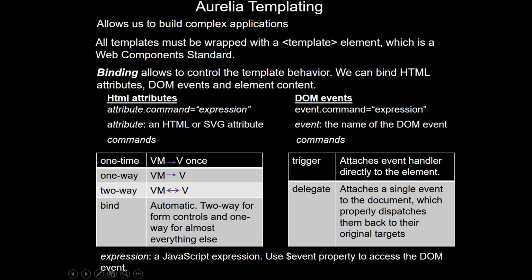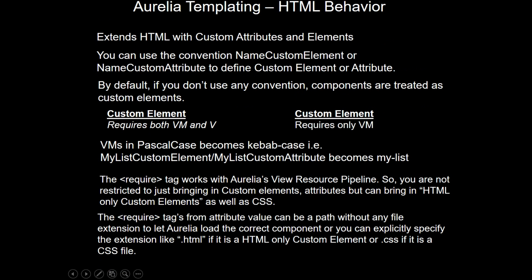Let's jump into the HTML behavior. What is HTML behavior and why is it important? The HTML behavior in Aurelia allows you to extend HTML using custom attributes and custom elements. Like I said, Aurelia is a conventions-based framework. So if you create a view model class and call it my-list custom element or my-list custom attribute,